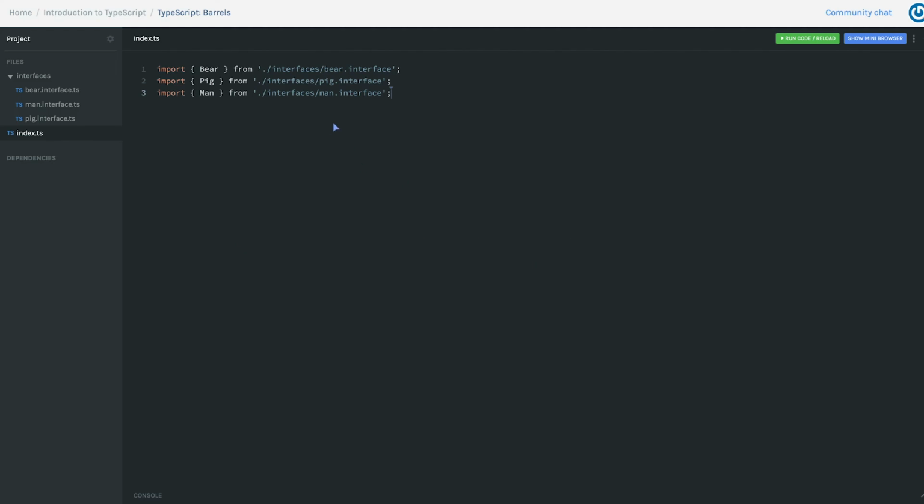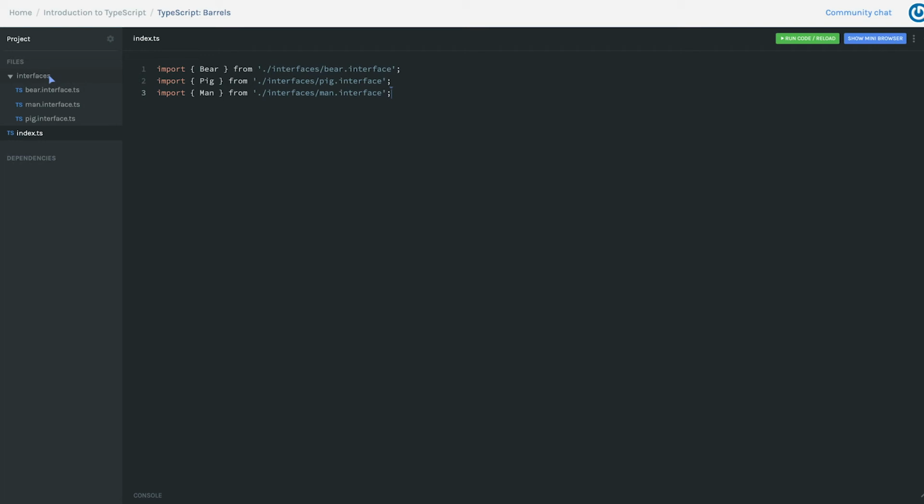Now, the next thing we're going to talk about isn't necessarily unique to TypeScript, but is something that you'll be doing a lot more in TypeScript, because as you go about defining different types of data, models and interfaces, you may have a lot of imports. So you'll see here that we are importing 3 different interfaces for our index: a man, a bear, and a pig. And one way to clean up this code, if they're all coming from the same file, is